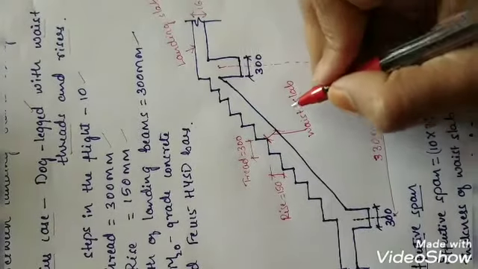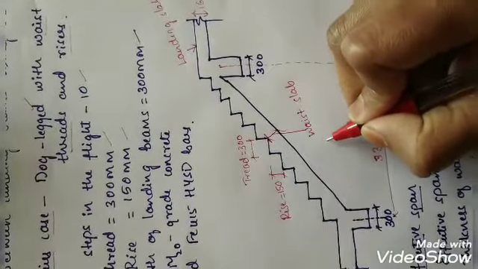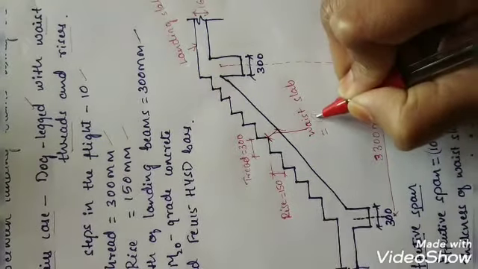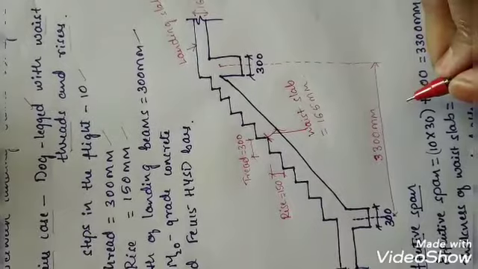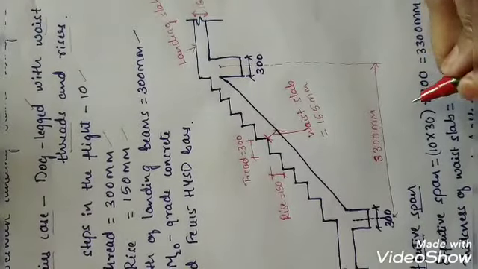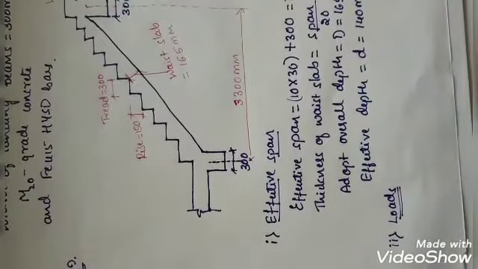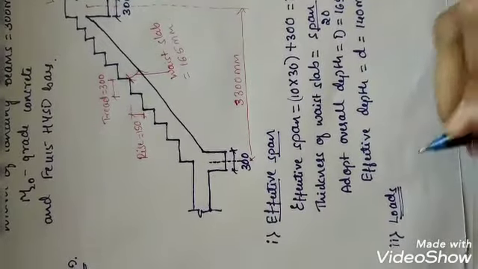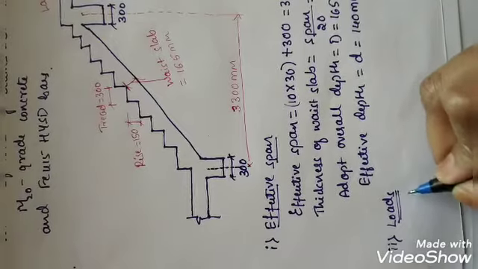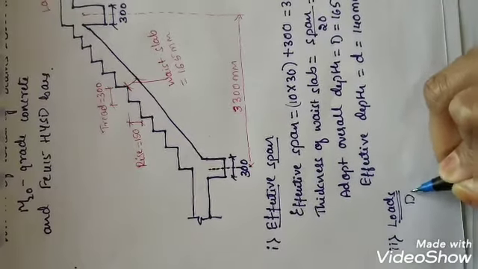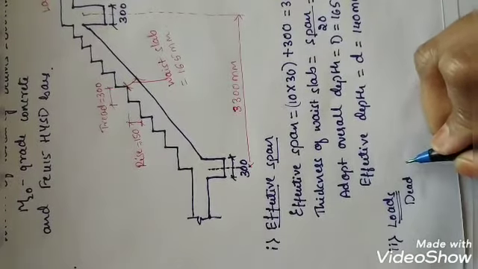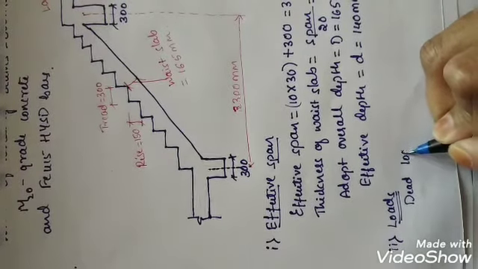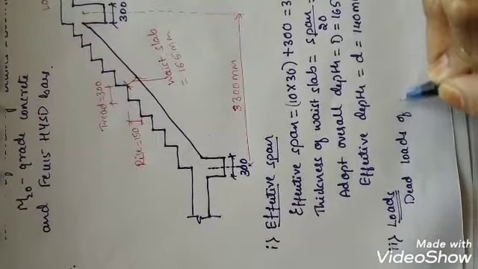And also the waist slab thickness we have considered. Waist slab thickness I will give as the same as the thickness of the slab, nothing but 165 mm. Okay, so these are the given values we have calculated. So next, in the second step, I need to calculate the loads, the total loads coming on the slab. In that, initially I will consider the dead load, later we will take the live load. So in the dead load I will consider dead loads of slab,